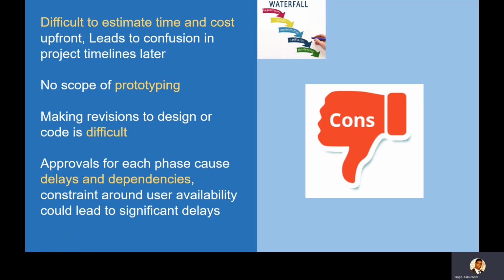Although it's good that project planners, project managers, the PMO office, do their best to estimate everything upfront, who can estimate for the next 3 years? Of course you can give it a best try, but whether it will be 100% accurate, we don't know. So, as I said, assumptions are not only made in requirements, assumptions are made in design and architecture. Assumptions are made at each and every phase, and these assumptions lead to confusion later.